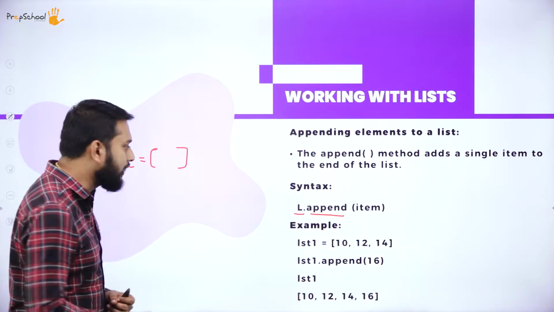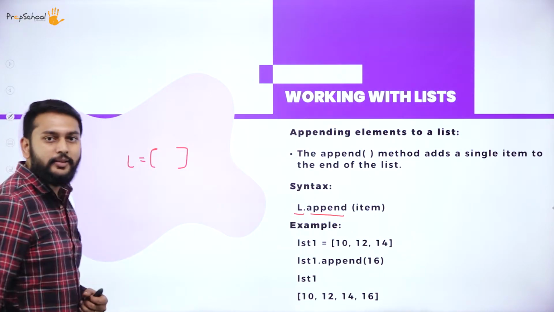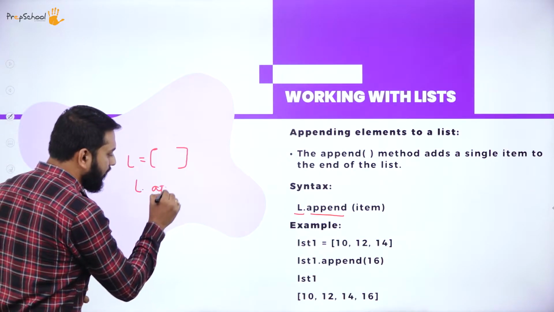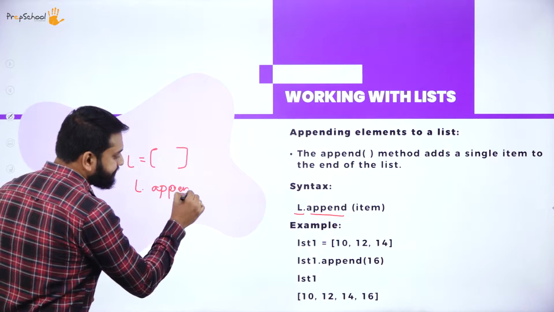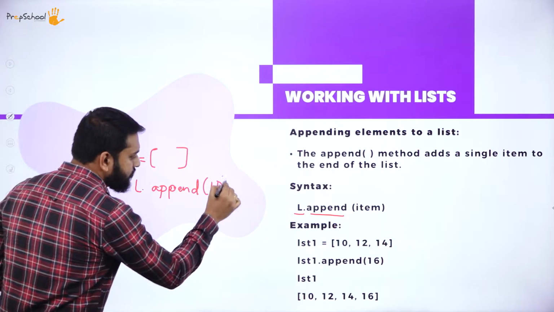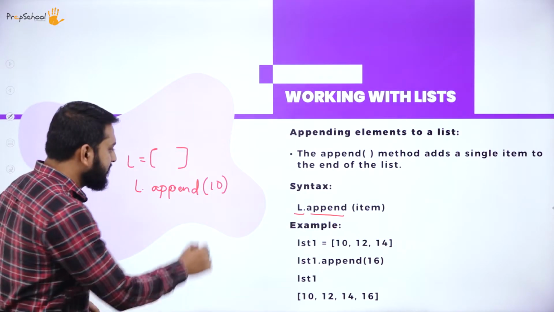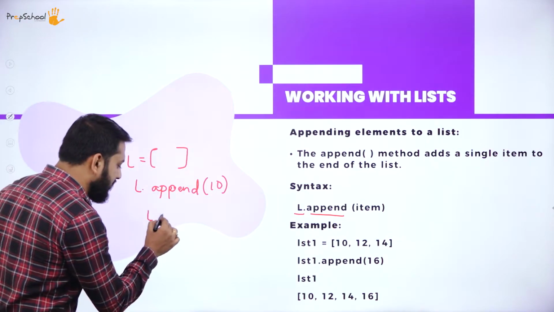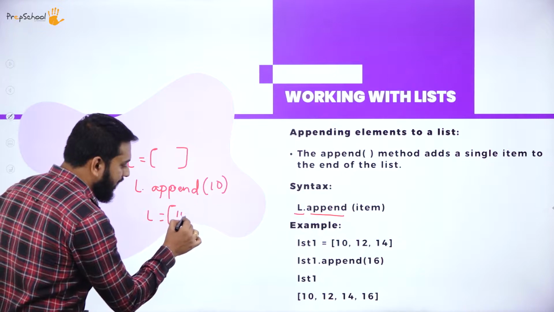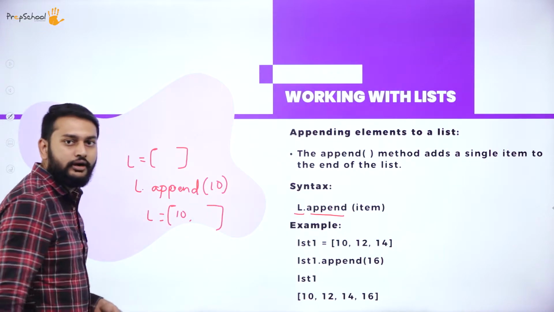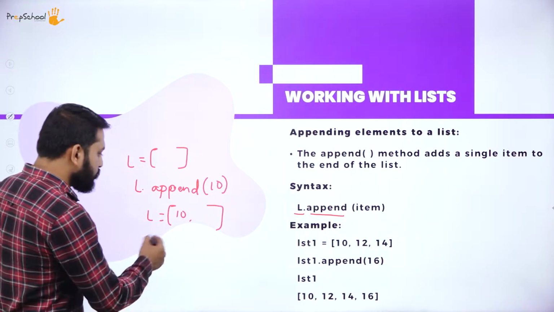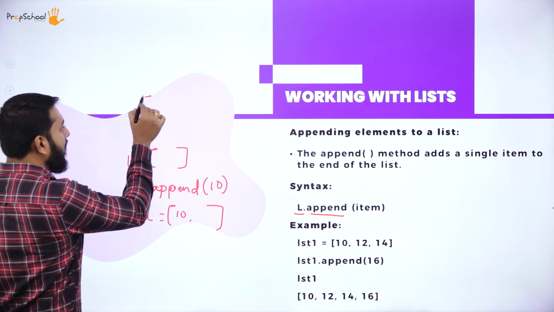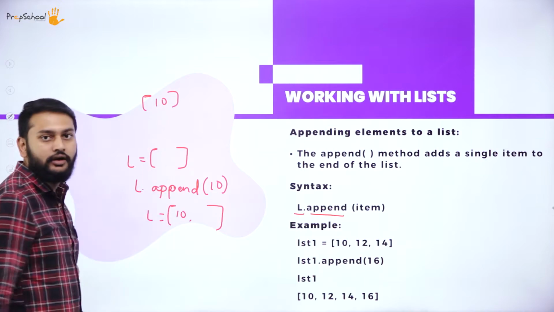Let's have a quick look. Suppose I want to add an element to this list, so how do I do that? So L.append, let's imagine I'll just pass 10. If I write like this, 10 will be added to this list. So if I print this L, it will have the content like this, right? The 10 is here. So how exactly does it look? It will have 10 like this, right?